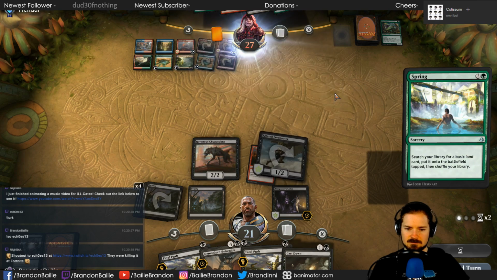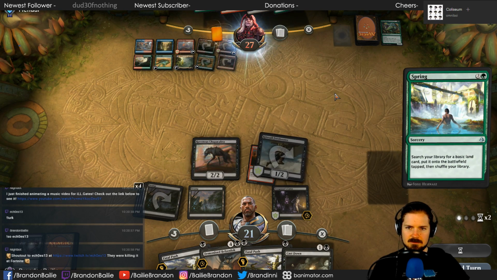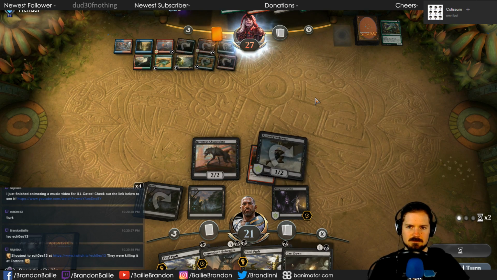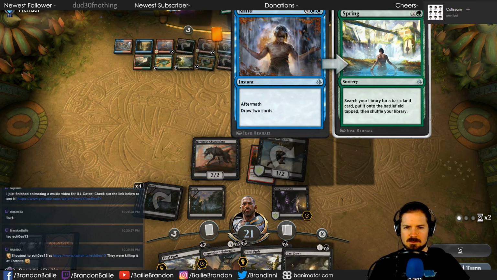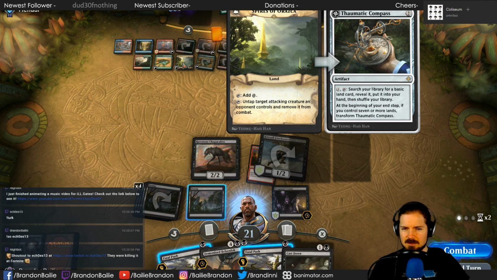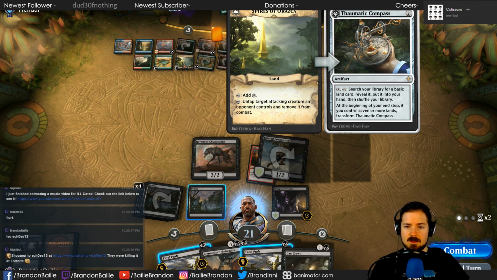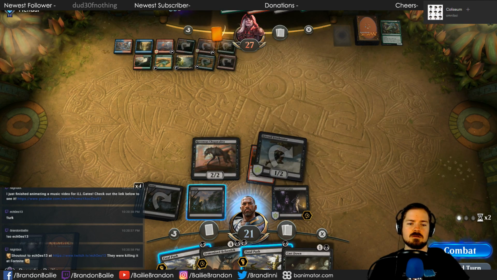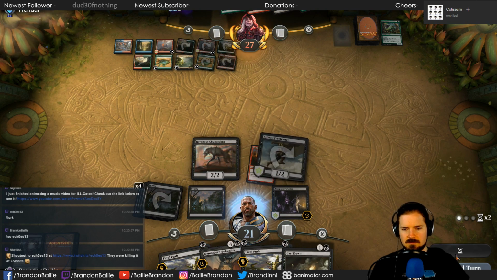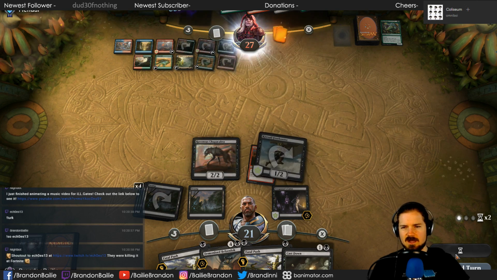Yeah, it's fine. I definitely need a swamp right now. I think a swamp right now would be great. So you just draw 2 cards for 6 as an instant. And what's this? Untap target creature an opponent controls. Remove it from combat. Oh, just for combat at least, right?